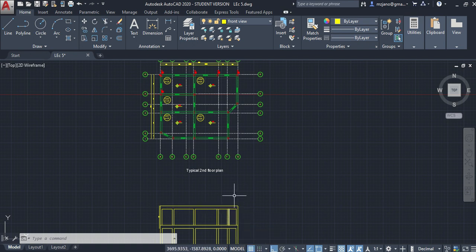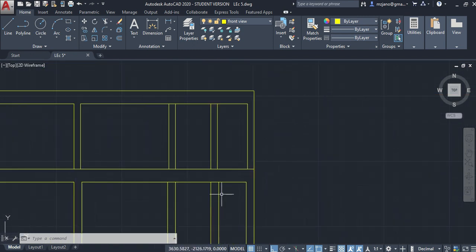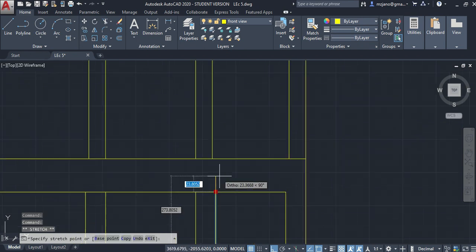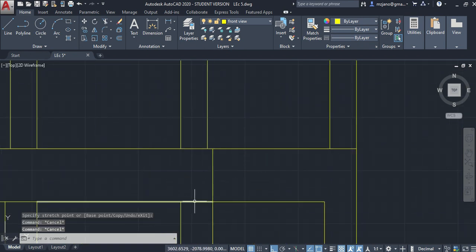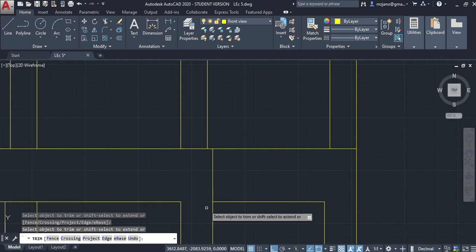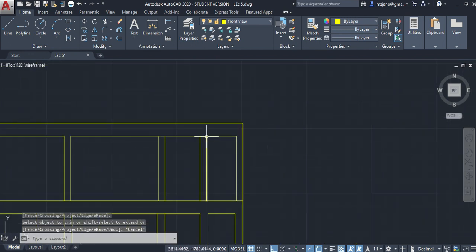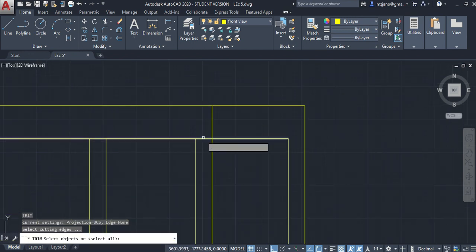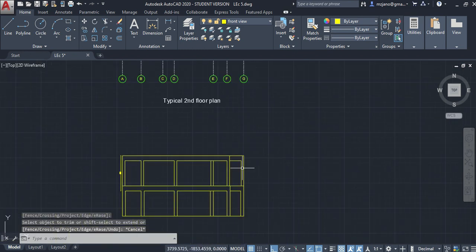This beam will end here. This beam will end here, and this beam. So it should be like this. Should be like this,